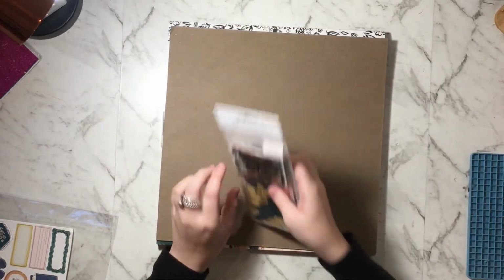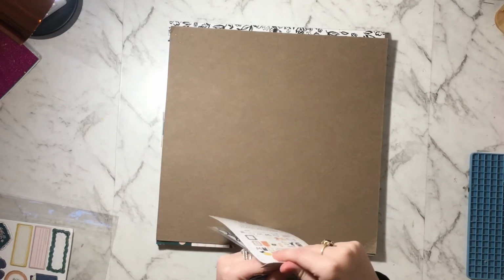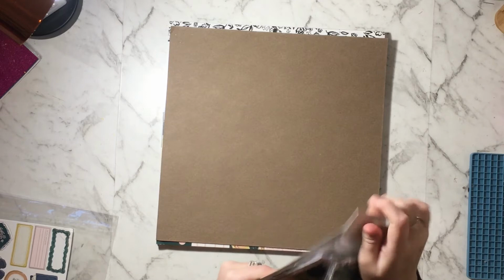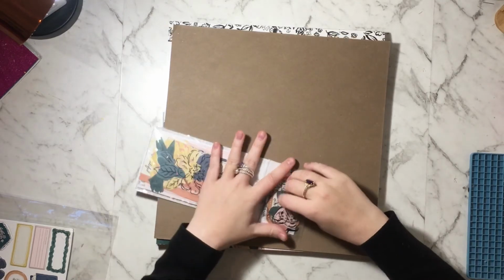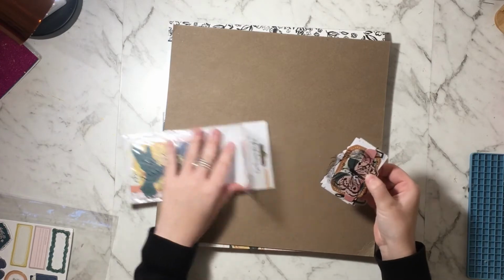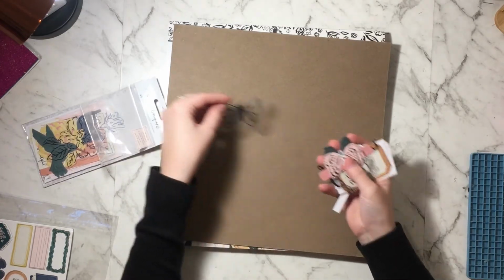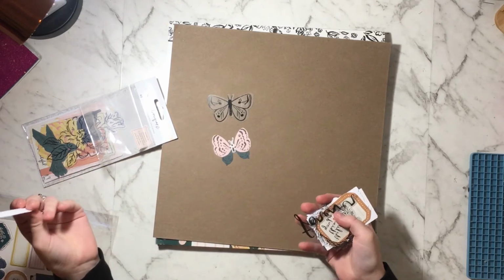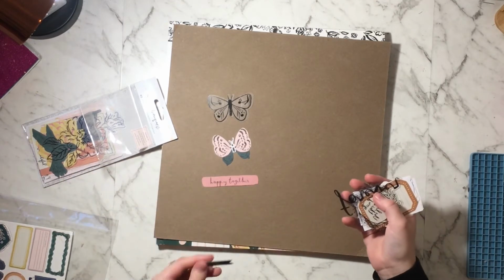I'm going to take a look at the ephemera now. So there's 40 pieces of ephemera. Can you take, oh, you can take it out that way, okay. Okay, so this is what's in the smaller one. So there's this nice acetate piece, a really gorgeous butterfly, happy together,